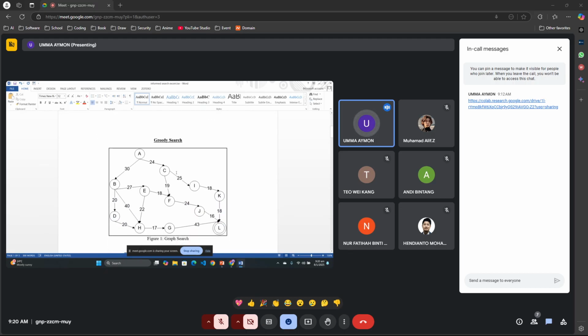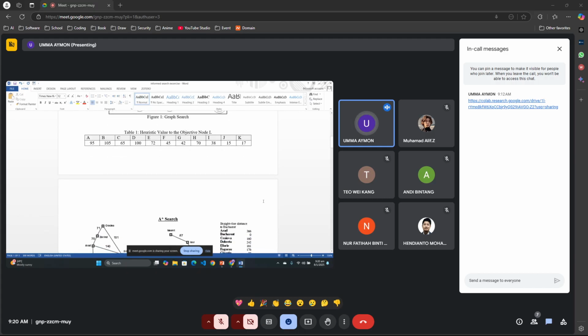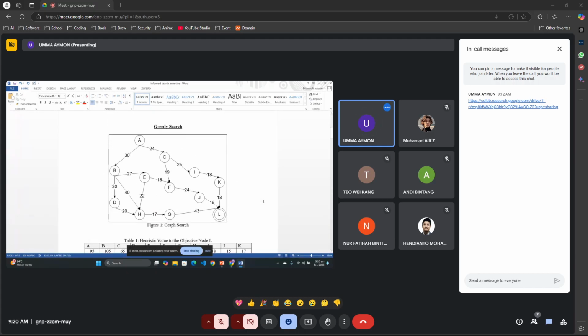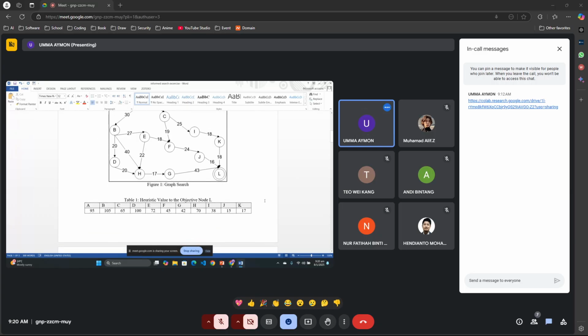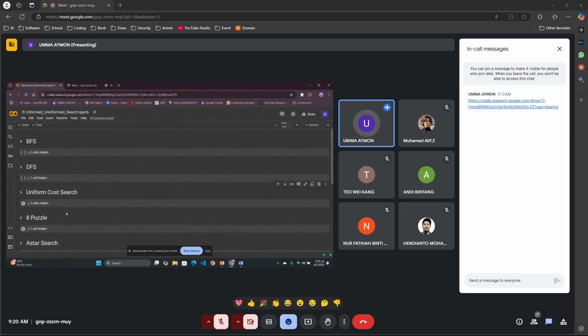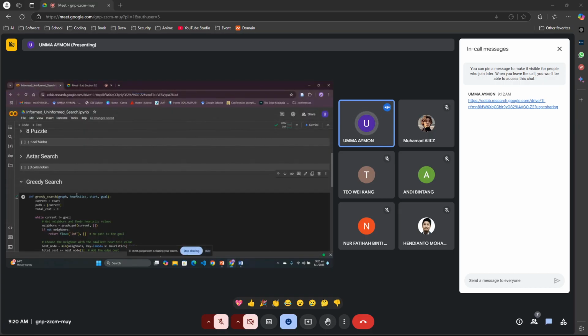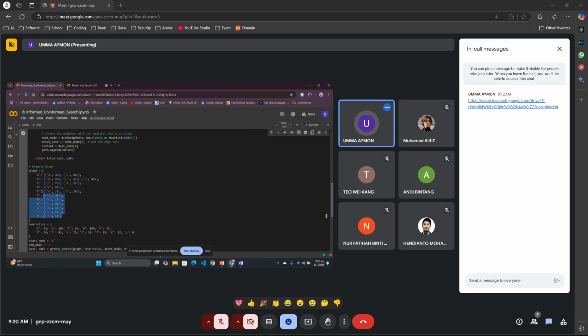And this is another small map, and there are some heuristic values. For greedy search, the code is here. Let's just walk through the code. Greedy search: similar to BFS, I have added the neighbors and the cost, and also here the new